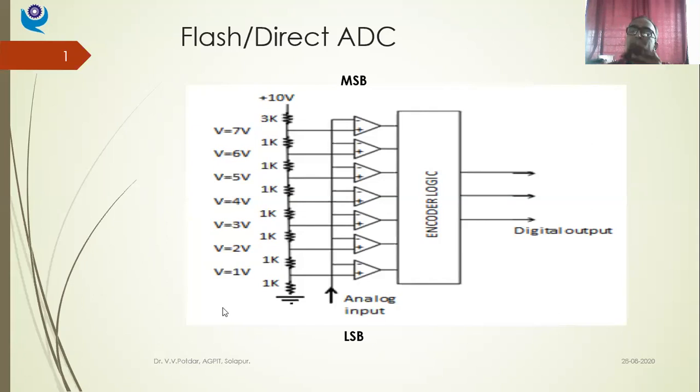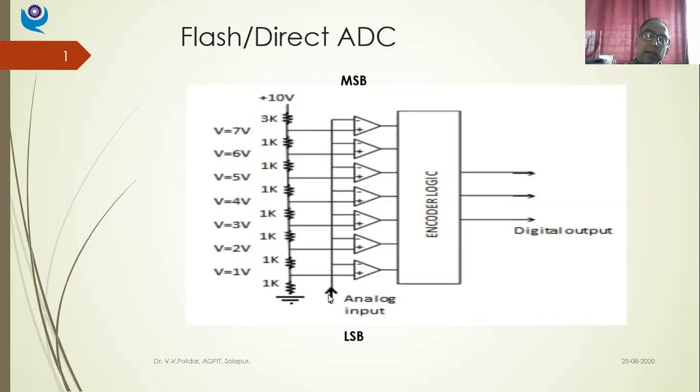In the first phase, corresponding to 1 volt, let us take an example, yesterday's example only, I'll just repeat. I want to have 2.5 volt converted into a digital signal. So I have provided this input voltage. This is going to remain fixed. At this terminal, I'll have 1 volt. At this terminal, 2 volt, then 3 volt, 4 volt, 5 volt, 6 volt, 7 volt, and then 10 volt. So my input analog voltage, which is to be converted into digital form, is, let us say, 2.5 volt.